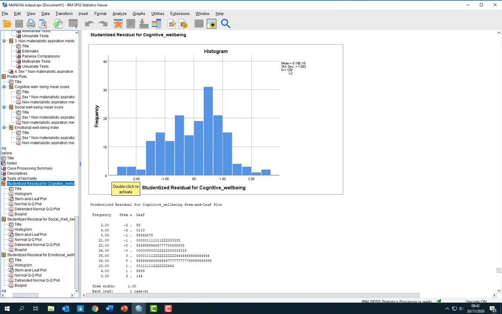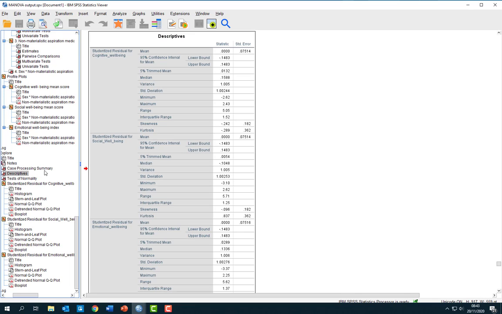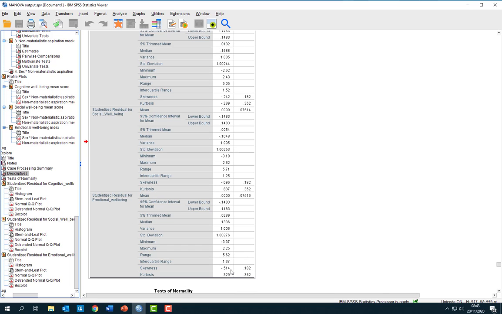We can see that we're looking at all 178 cases together. Because we've got a larger sample size, I would be looking more at the histograms and the descriptive statistics. So the first variable looks absolutely fine. This one's starting to creep towards non-normal, but again, actually within plus or minus 1, and the same for this one.